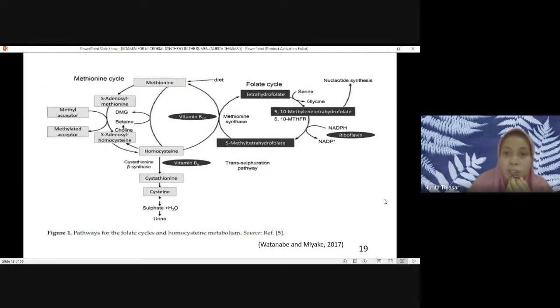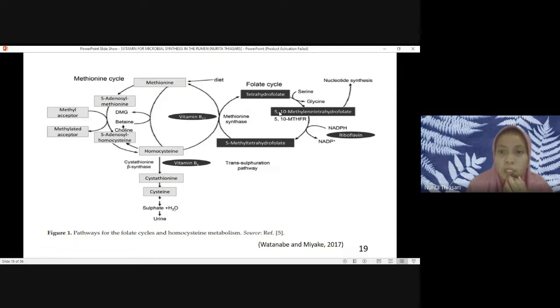For example, here they mention vitamin B12 and folate. For the pathway, in the methionine cycle, for example, the methionine synthesis will not only need one kind of vitamin. The vitamins work together. Like this one, the folate is needed